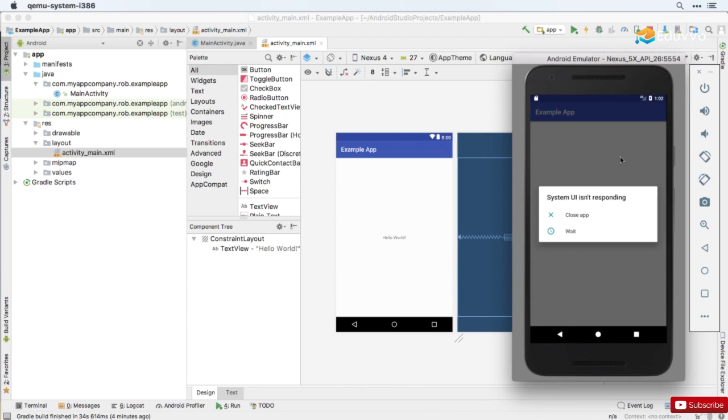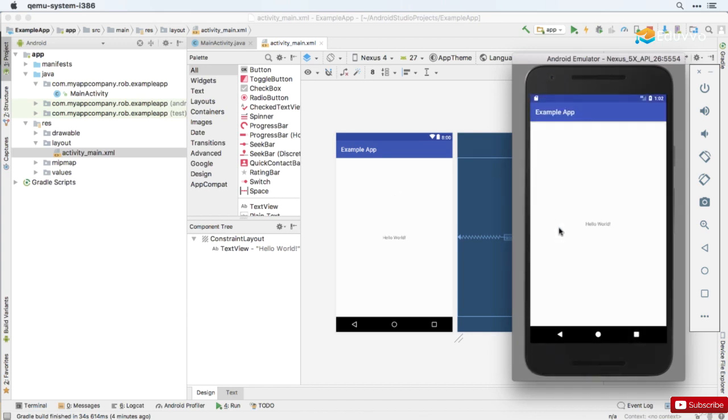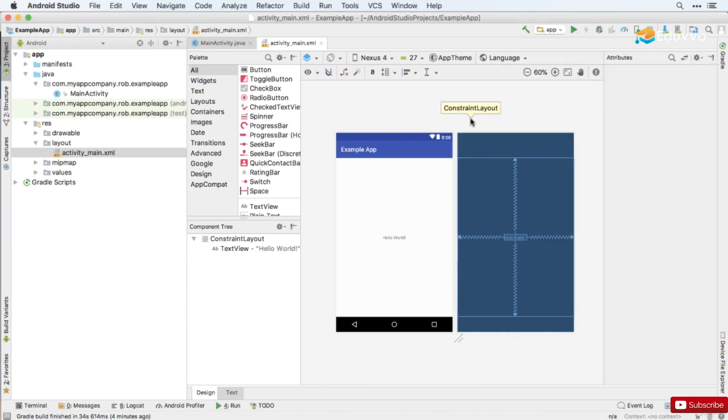And here we go. So our app is up and running. You can see we've got a message here, System UI isn't responding. That's just because the startup process is still going on, but clicking wait usually just makes the message go away. So congratulations, you've built and run your first Android app. Obviously it doesn't do a great deal yet, but that'll change as we learn how to customize and code our apps in the next